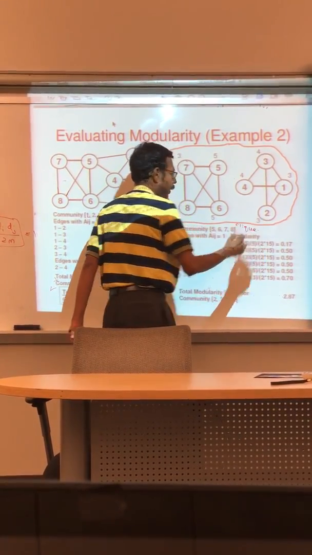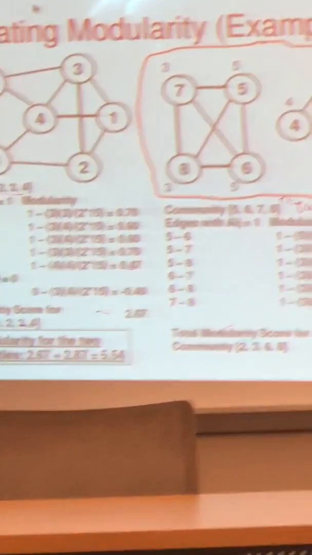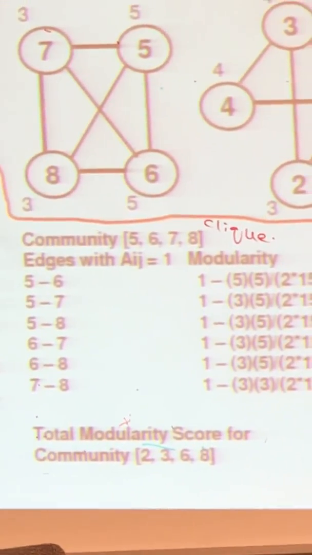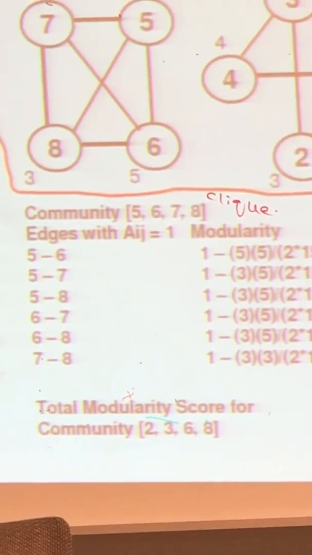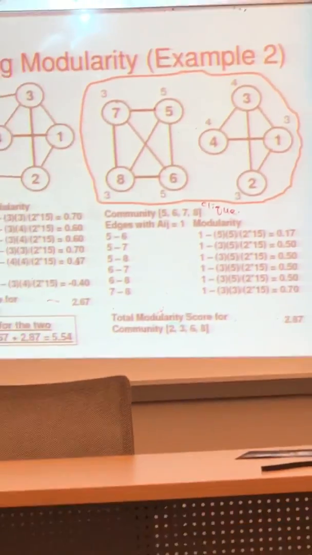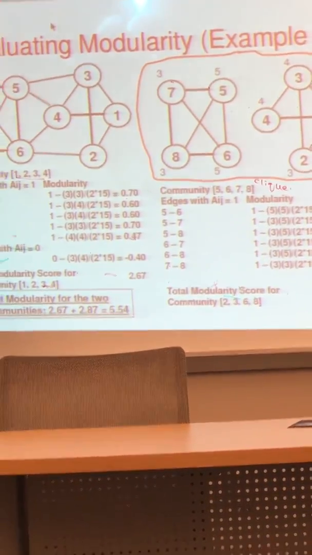I've heard of this called clique. Yes. Okay, so they say people move like a clique, which means they move together as one community. Okay, so a clique is the best possible community you can have because every vertex is connected to every other